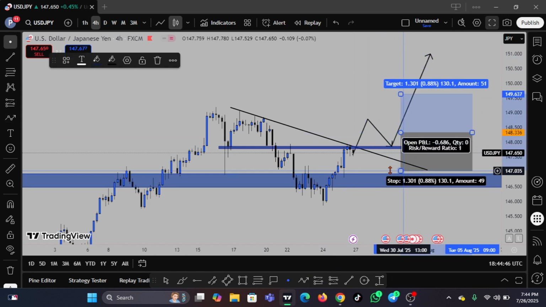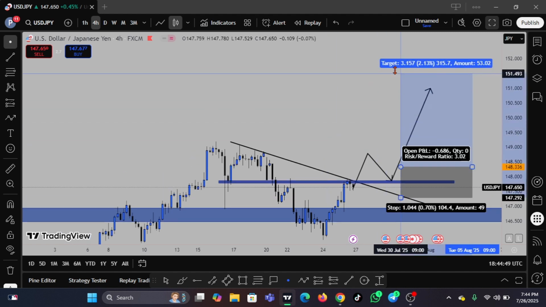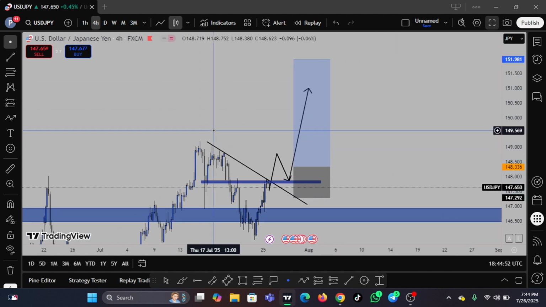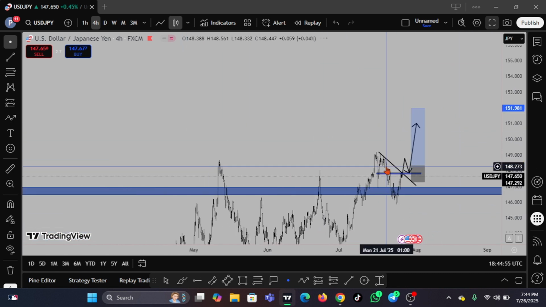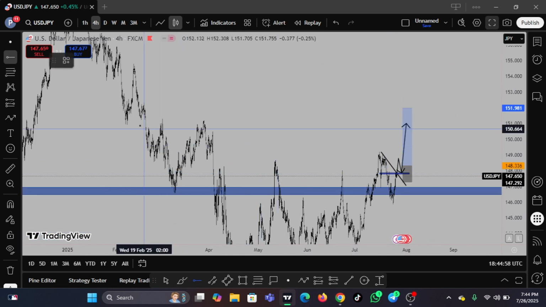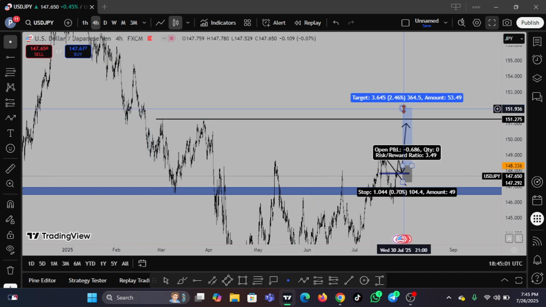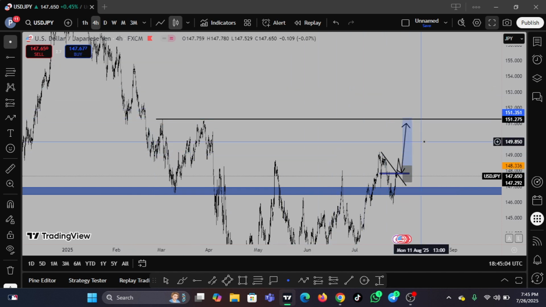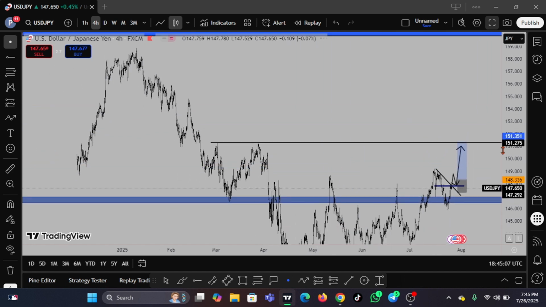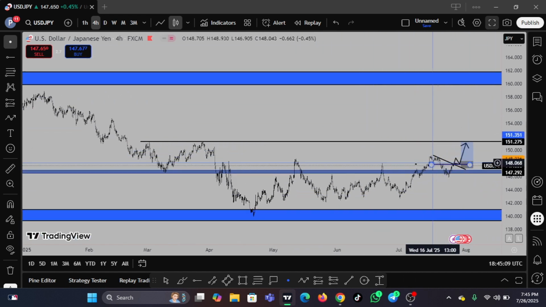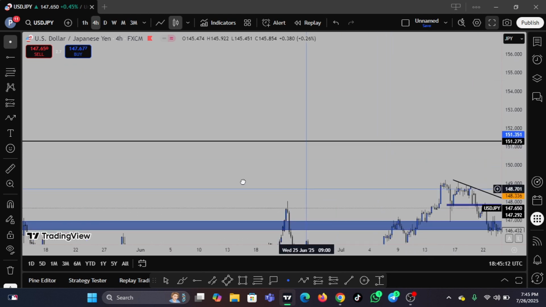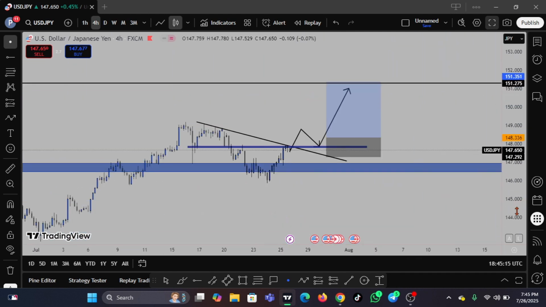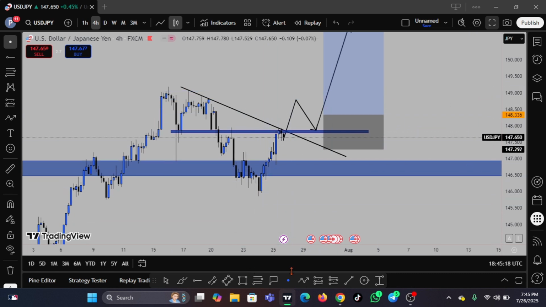My buy entry somewhere here. My stop loss is going to be below. Then I'll maybe be targeting, I will look left. Okay, I'm seeing this high. So I'll be targeting this high. So this is a possible 2, almost 3R. Depending on how the market is moving, of course, if you are having good structure, you'll just be riding the trend to the upside. So I'm expecting the market when it opens to be bullish. Or price can also do something like this, come down and start to push up. All the same, I'm still bullish on Usdjpy.